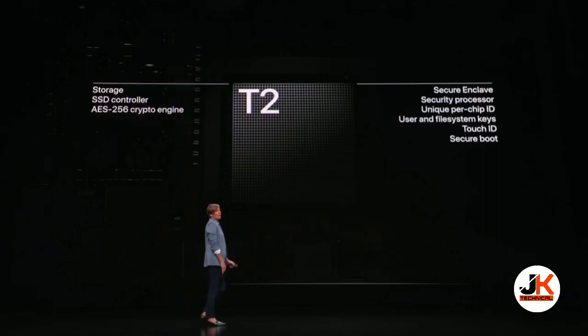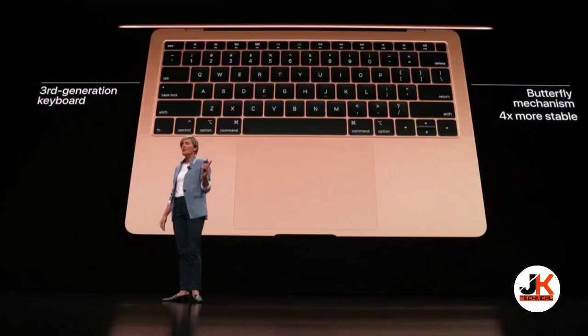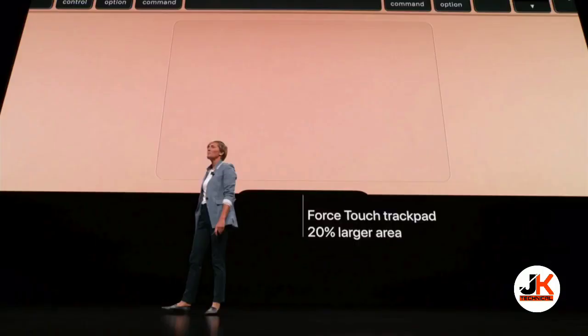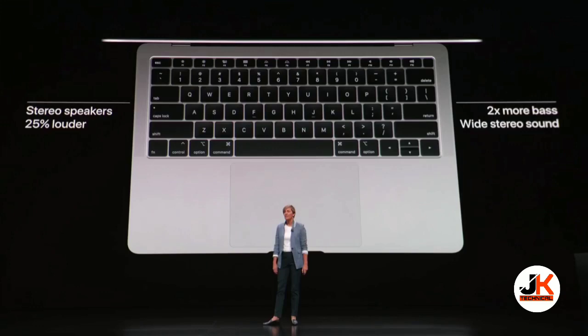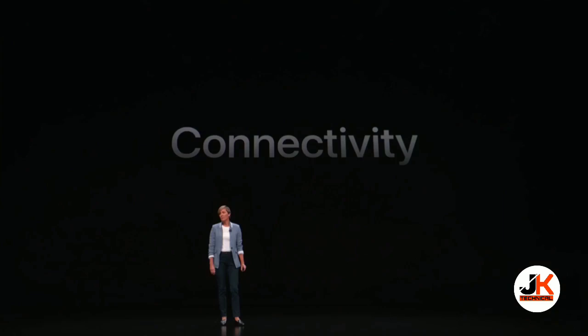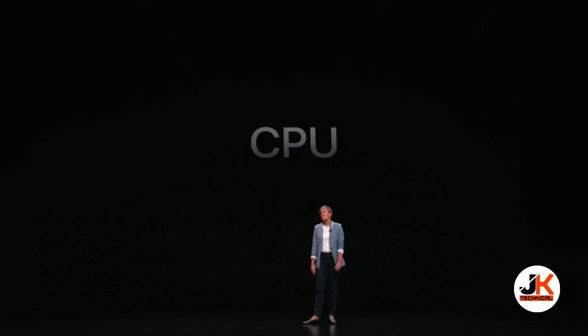It does have the T2 controller to handle that, as well as a 20% larger trackpad, so you will be able to get more functionality out of that multi-touch gesture. The keyboard is now third generation, so with even more stability than before. It has a new speaker with a louder sound by 25% and even 2 times more the bass than earlier versions. 2 USB-C ports, it's Thunderbolt 3, so you will be able to do things like run a 5K